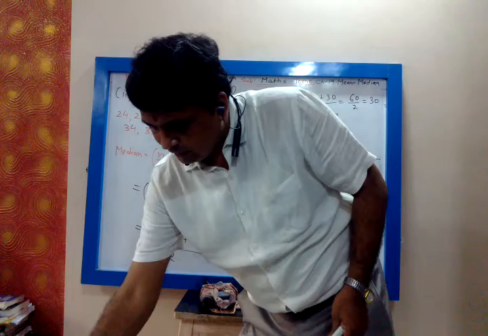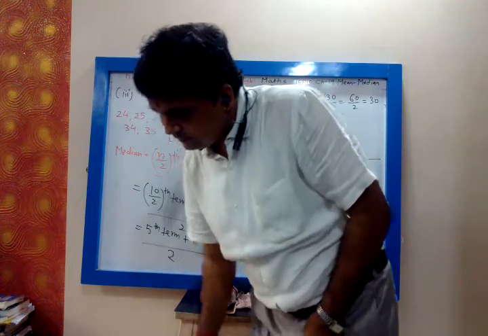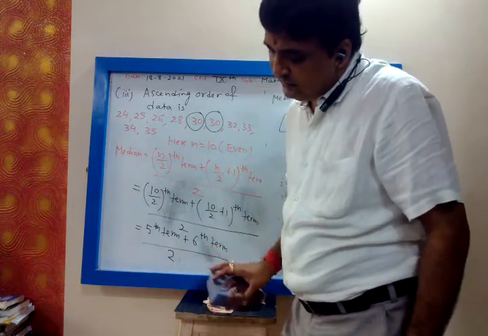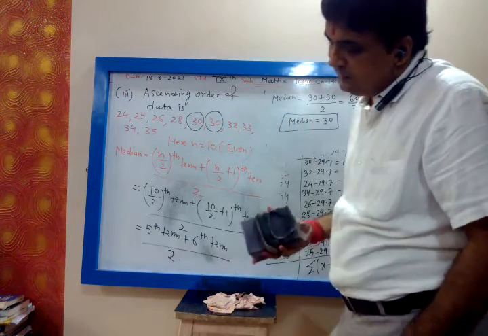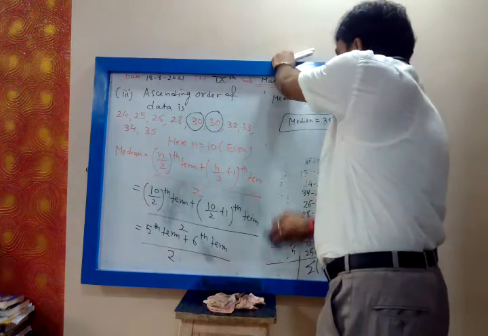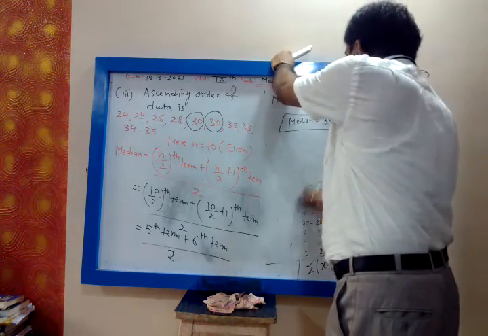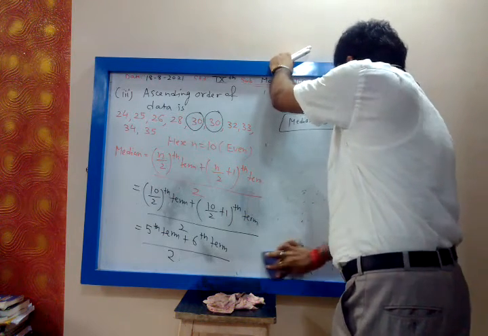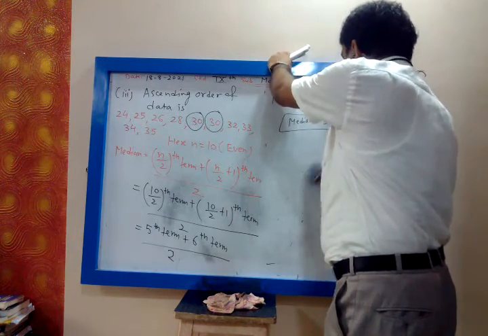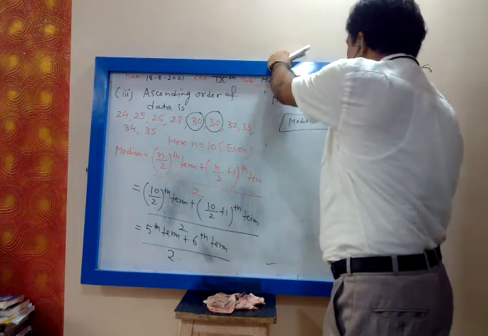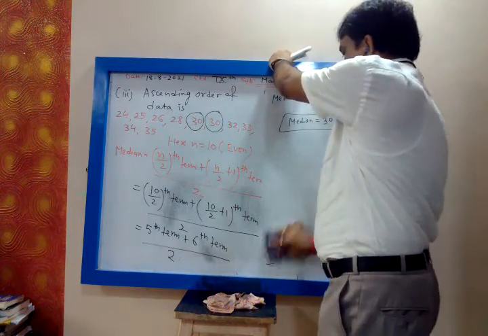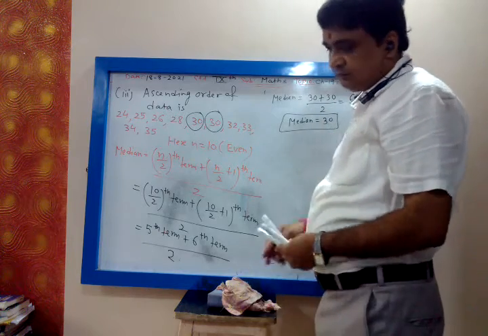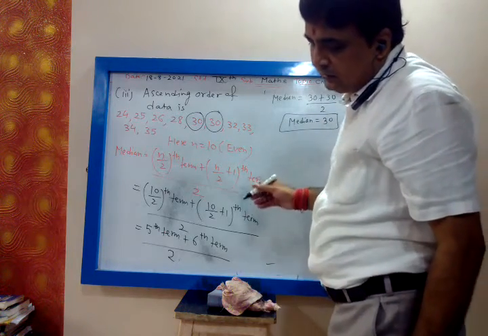Now very quickly do the ninth one. Find the mean of the first three observations; the mean value is given as 11. You have to find the value of x first. So mean value is given.